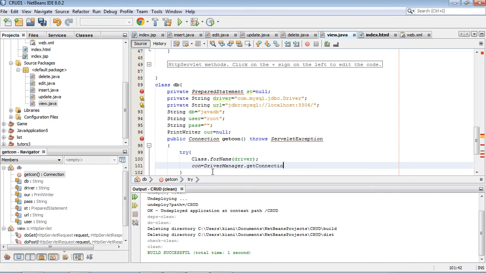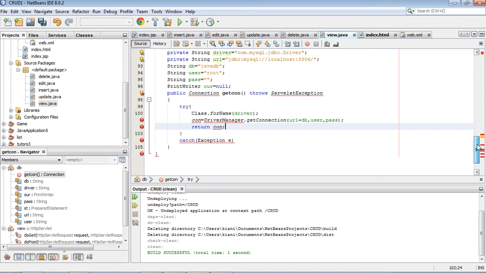Okay, this will be the function, and this function throws exception. getCon throws ServletException. Throws ServletException, we have this.